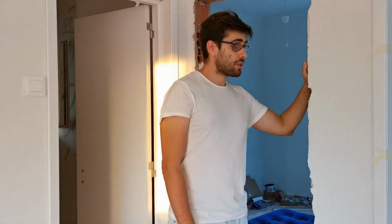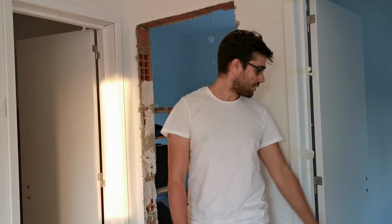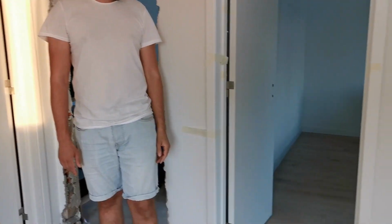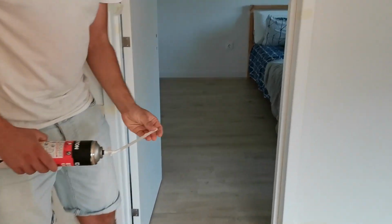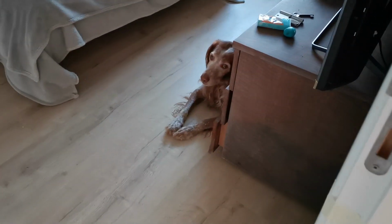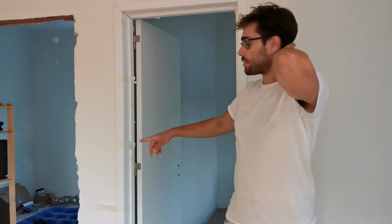but it is. Now we have doors in the two most important rooms. Bathroom, finally, and our bedroom. Finally, some privacy in the bathroom. Kobe may not be very happy with this because he loves an open space, so he can sleep in our bedroom and then go back to his bed, go in and out and make a lot of noise during the night. And so that's probably part one of our door installation, and